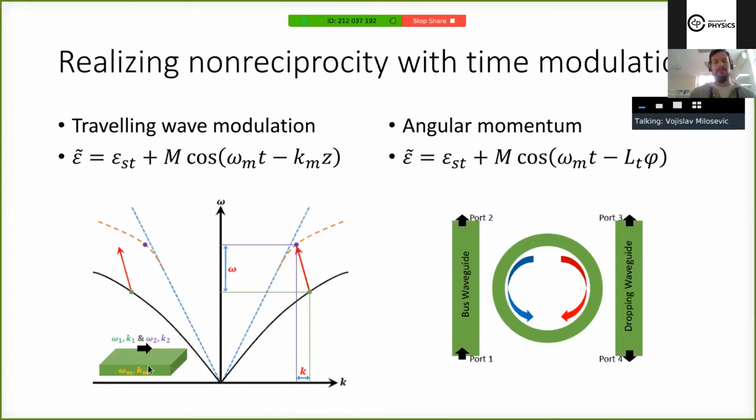So this effect can be used to construct the waveguide, which allows only unidirectional propagation. And the similar idea is based on so-called artificial angular momentum, where this type of ring resonator can